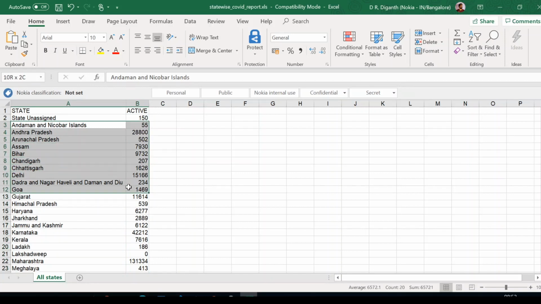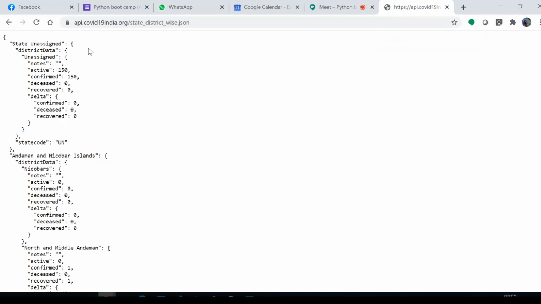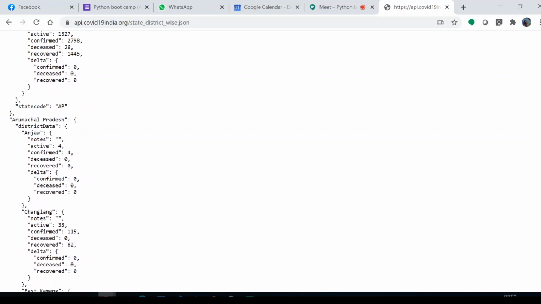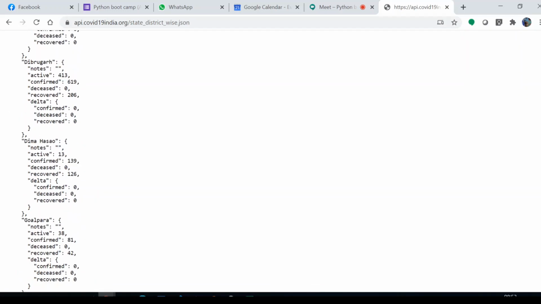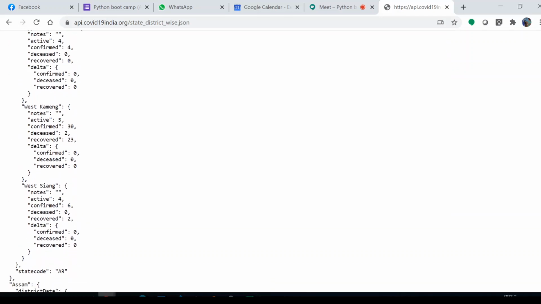In order to do this, we must calculate from this raw API that is here. From this raw API we have already converted this to a dictionary, and if I give a state name, it should go to all the districts. There are a number of districts in each of the states. For example, which state is this? Okay, Assam.